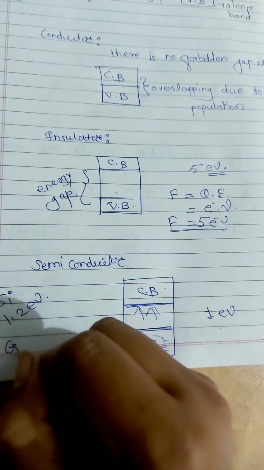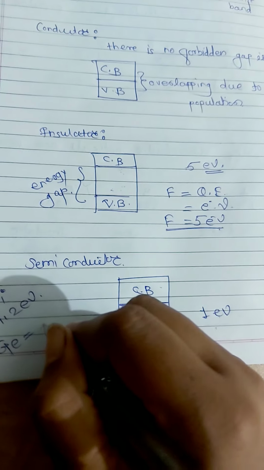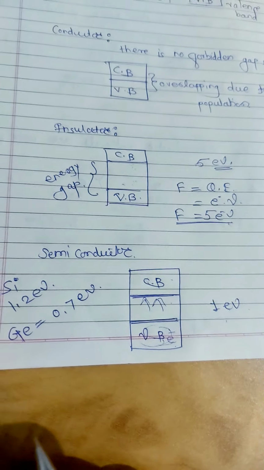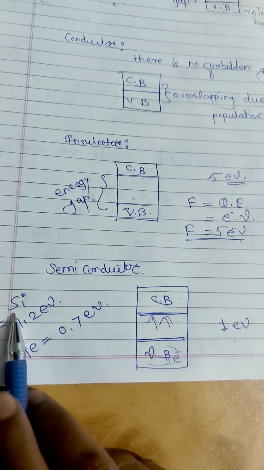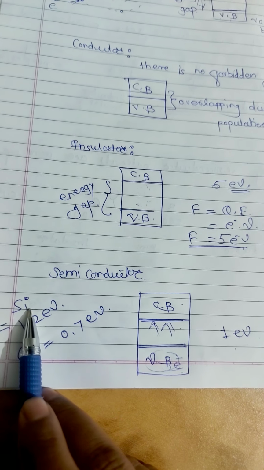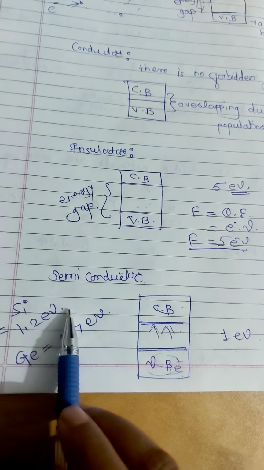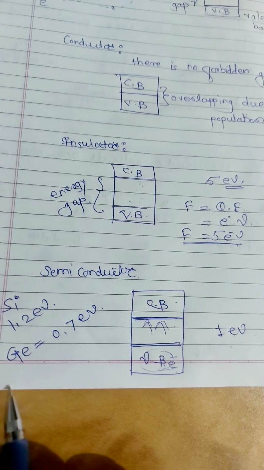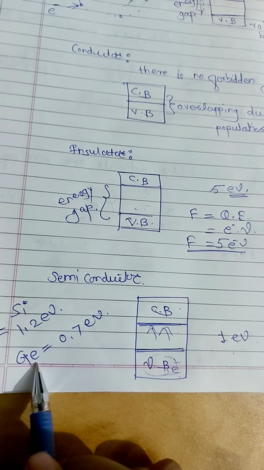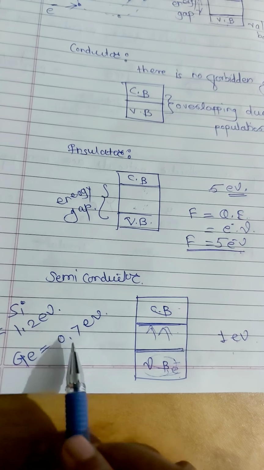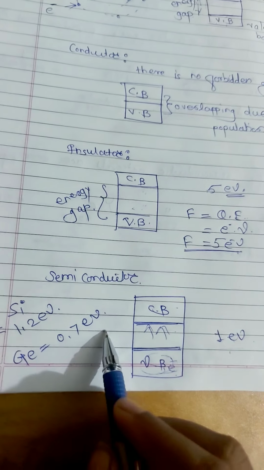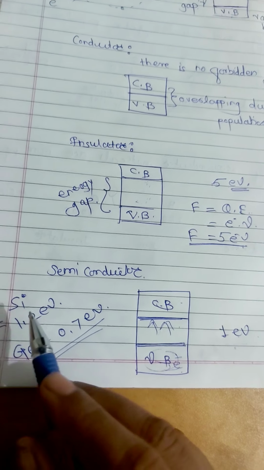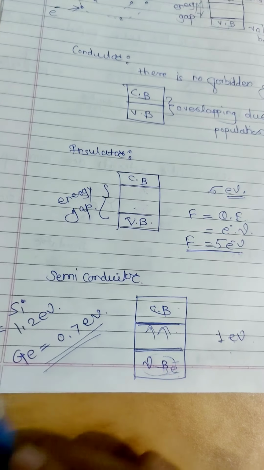If you are going to use germanium, then it is 0.7 electron volt. Means if you use silicon, then you have to provide 1.2 electron volt to start the functions of that material, and germanium has 0.7 electron volt. It requires less energy, so most of the materials are going to be used with germanium and with silicon. Okay,